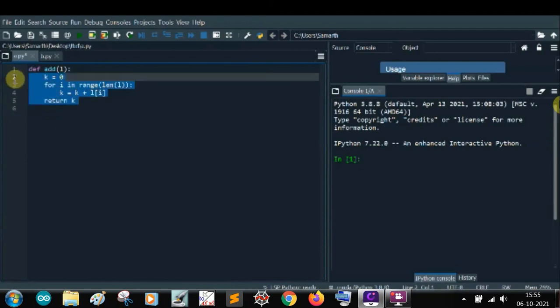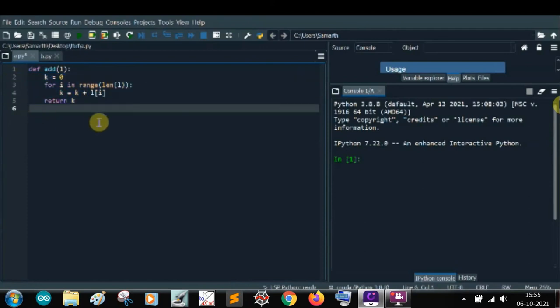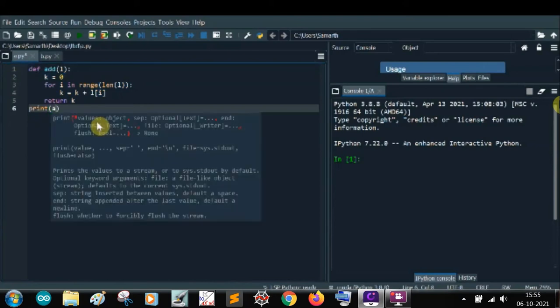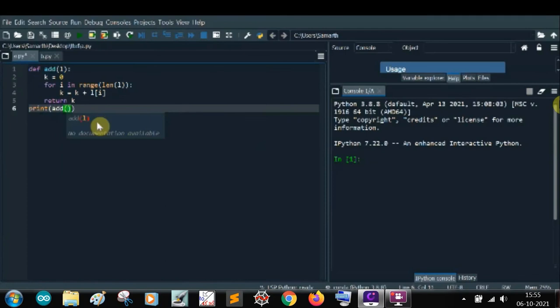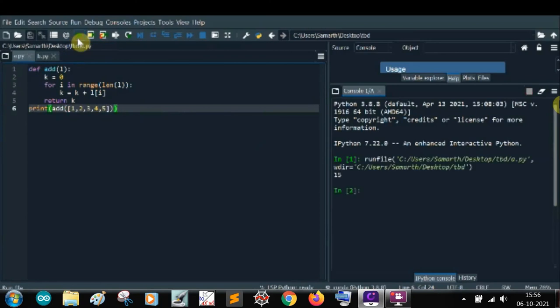This can be of however many lines you want. So suppose I write print add of the list 1 2 3 4 and 5. I think the output should come 15.